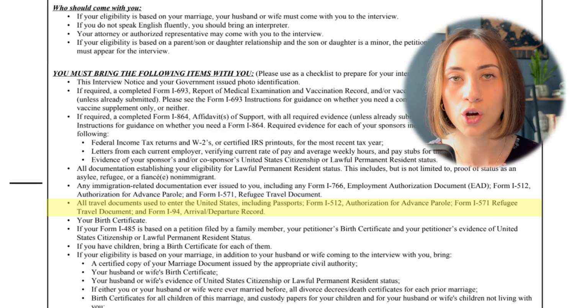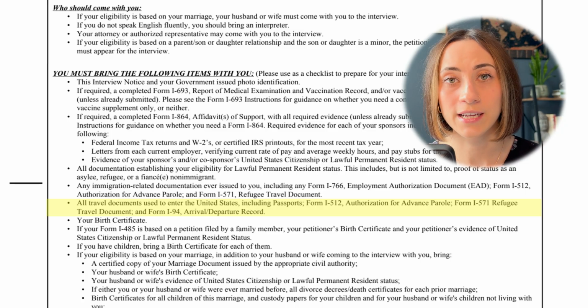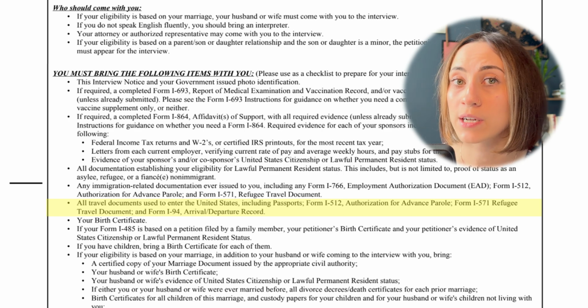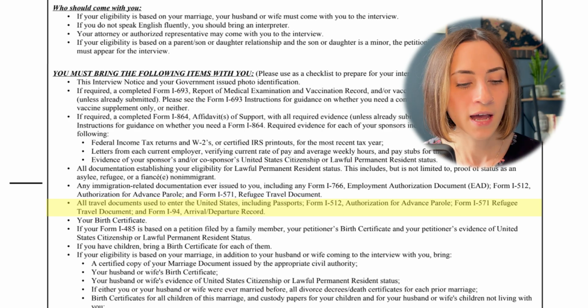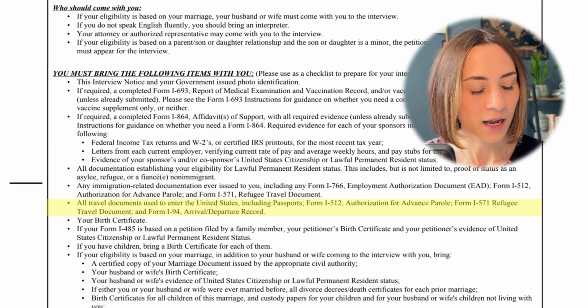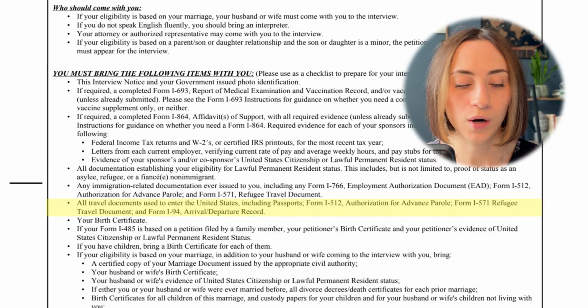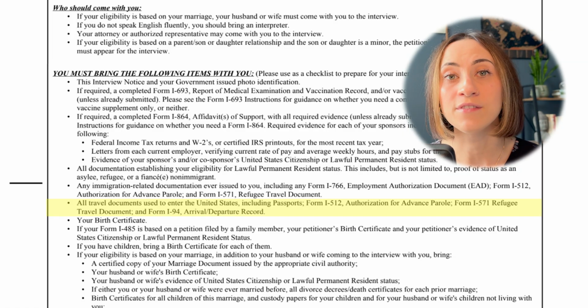Next, they are asking that you bring all travel documents that you use to enter the United States. So bring all your passports, especially the expired passport, which was used for initial entry. And if you have a new passport now, bring that with you as well. If you got advanced parole documents, bring that. Any other travel documents, as well as your I-94, which you can obtain from the CBP website, and a visa